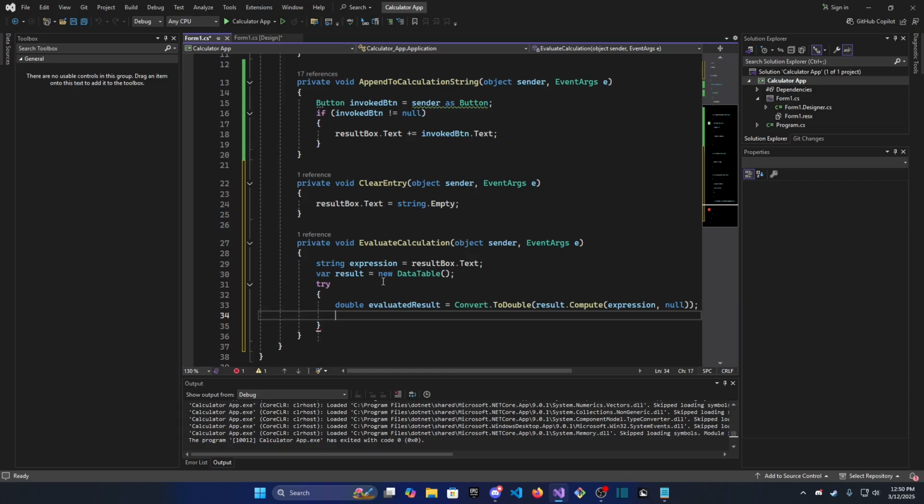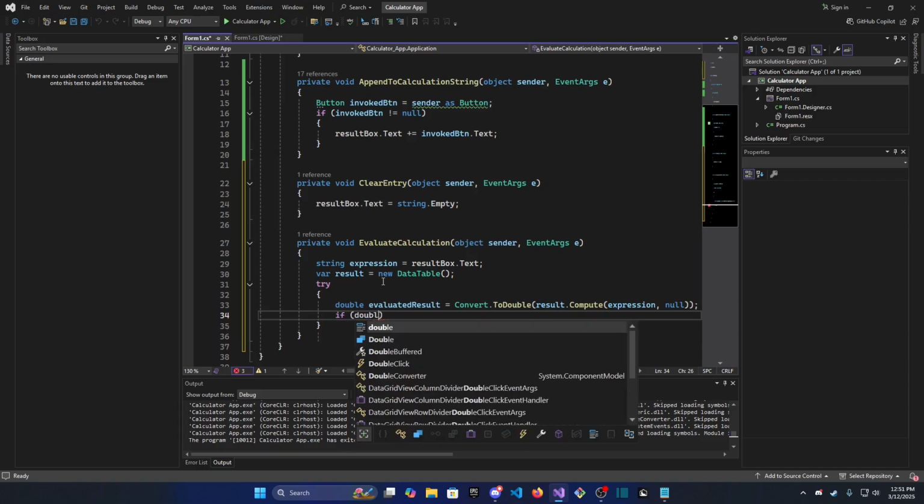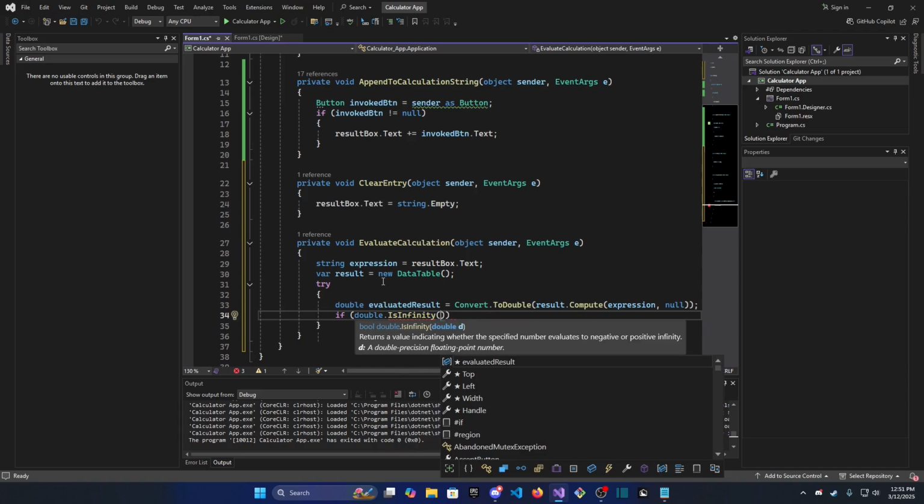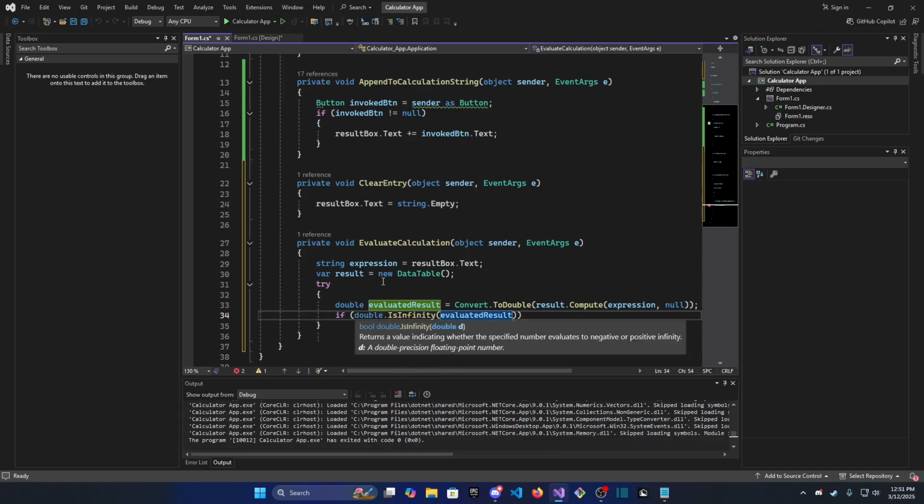And the reason we're going to be doing this is because we can receive infinity as a result whenever we try to divide by 0, or perform any mathematical operation that simply does not exist or just cannot be done. So we can type in an if statement here. If double.IsInfinity(evaluatedResult), or double.IsNaN(evaluatedResult),